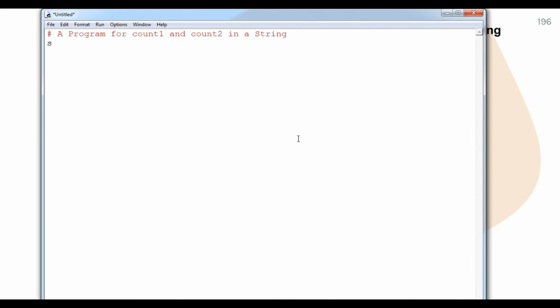Here suppose s equals input. In this condition we are going to tell the user to please enter a string. Here it will be raw input because we are using Python 2.7.